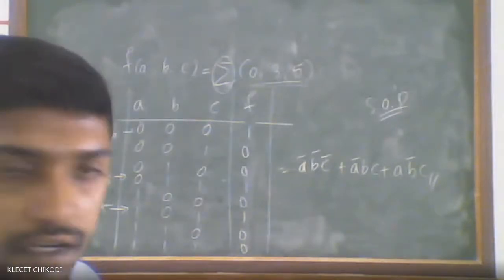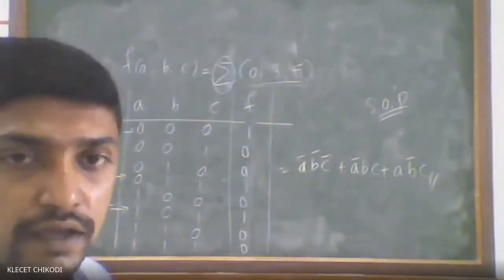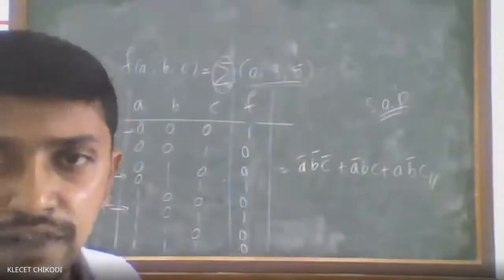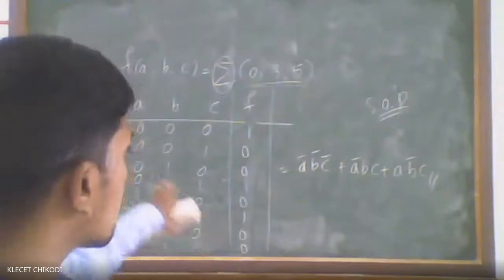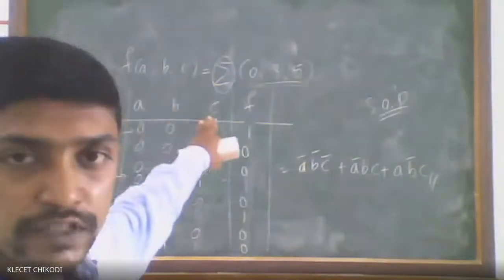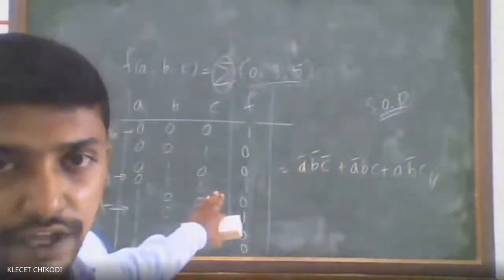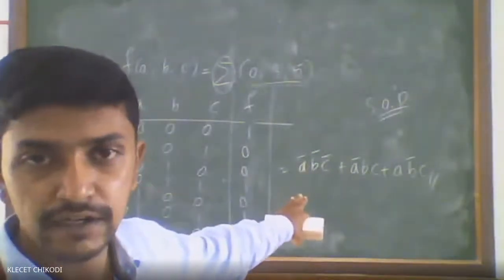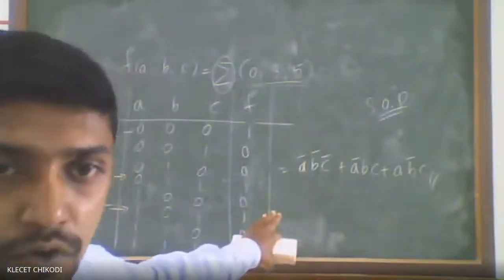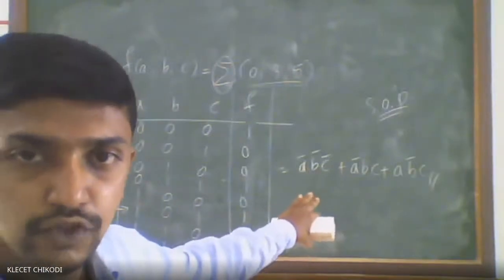So we have seen now, the truth table is given, and from that we have written the Boolean expression, and here the canonical form is given, and from that we are deriving the truth table. From the truth table we are writing the Boolean expression. So is it clear? We have taken both examples for SOP and POS. Yes, sir. Fine.